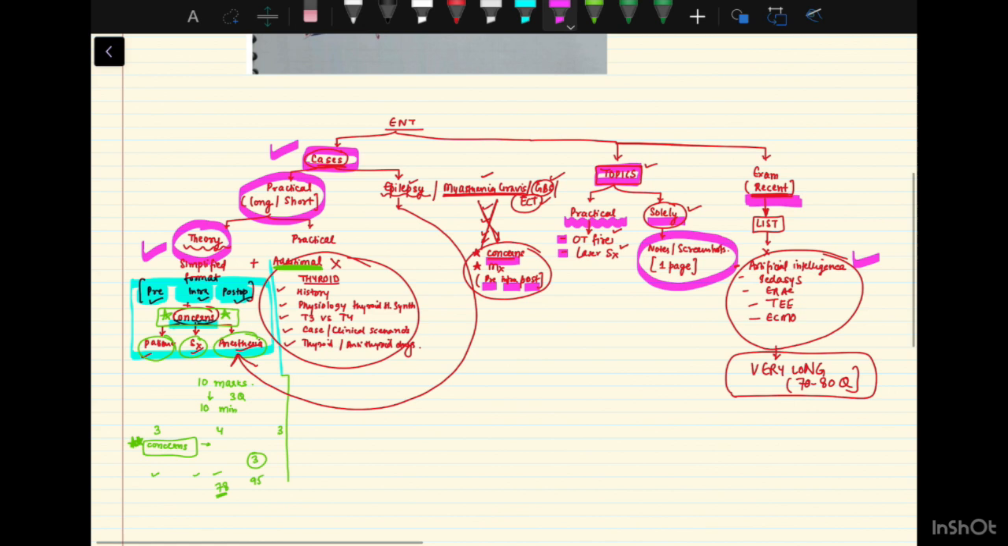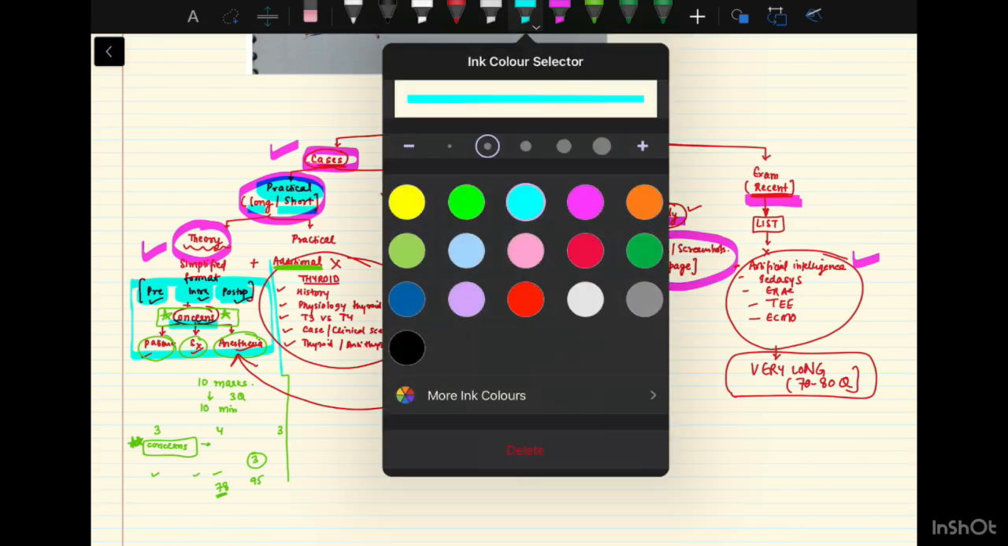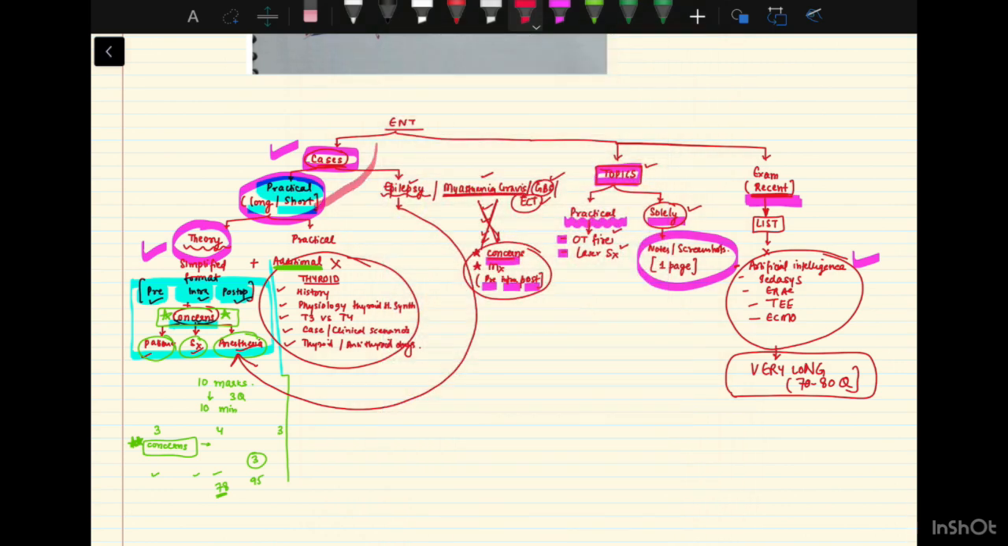Now, which part of this should be covered in the second year? That is important. The cases which will be asked in practical, you should have a list in your second year, that these are the long and short cases. So the second year, this component which I am labeling now,